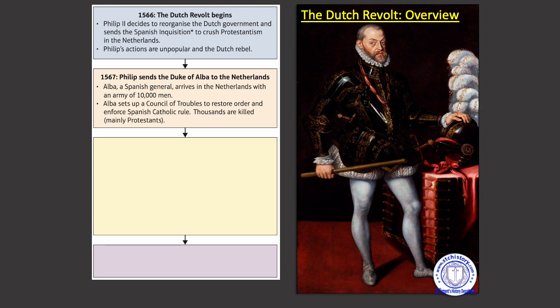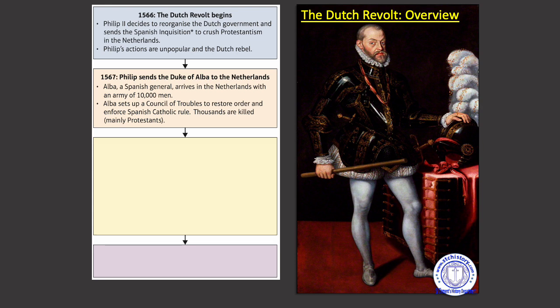Philip is going to probably wait to see what Elizabeth does, but remember what we've said about the geography of the Netherlands? 10,000 soldiers so close to England, that is a real worry for Elizabeth, okay? A real worry. As we'll see in the next few lessons, it's probably due to this that she starts, I say flirting isn't maybe the right word, but she starts maybe leading France on a little bit, thinking that she might marry the heir to the French throne. She's doing that really just to try and make Philip not do anything to England. But there's only so long you can lead people on, isn't there? Especially when you're leading a country like France on.